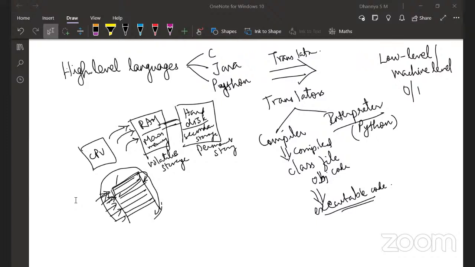Whereas in the case of the class file, you give the class file to them and then they run it on the JVM. Compare the effort involved in converting a C file to an executable with the .class file to the executable. The JVM takes care of that implicitly, is what we are saying. There is no explicit compilation or interpretation that is happening.